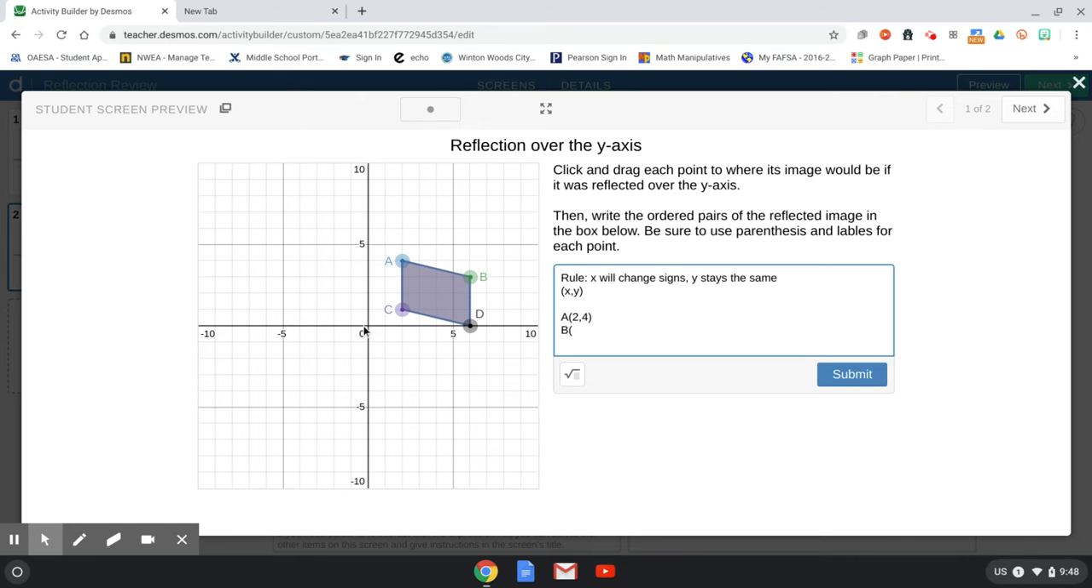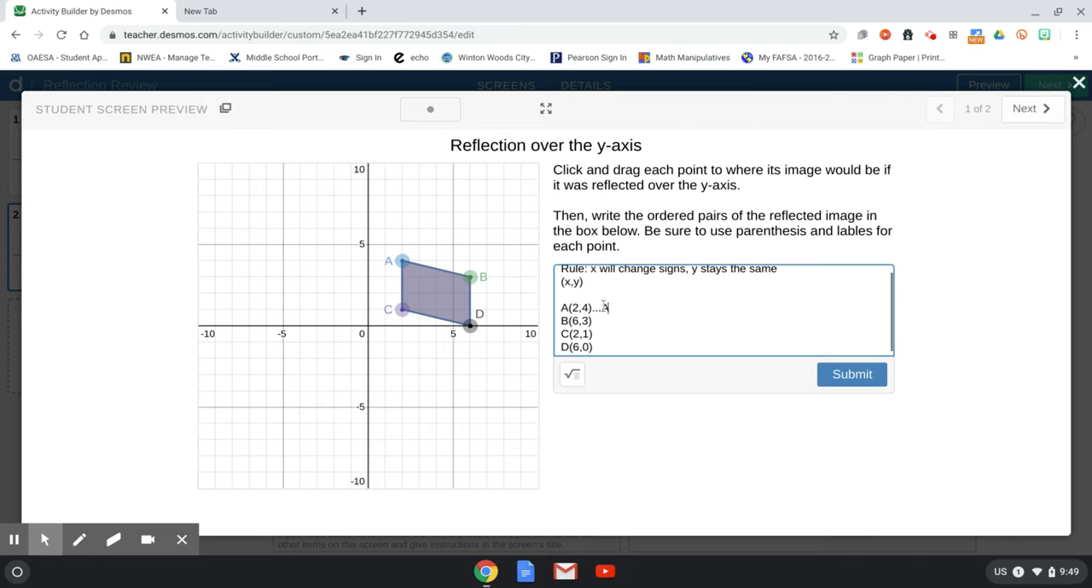The ordered pair for B is over 6 and up 3. So the ordered pair for B should be (6, 3). The ordered pair for C is (2, 1), 2 over, 1 up. And the ordered pair for D is over 6, but then it's on the x-axis, so it doesn't go up at all. Now, you don't have to have this part in your answer, but I do, just so I can see it. If I follow this rule,